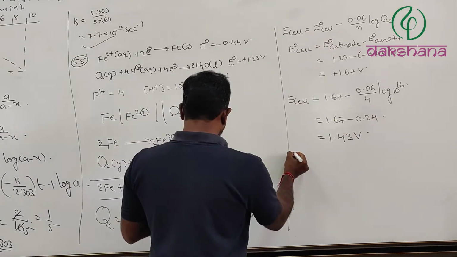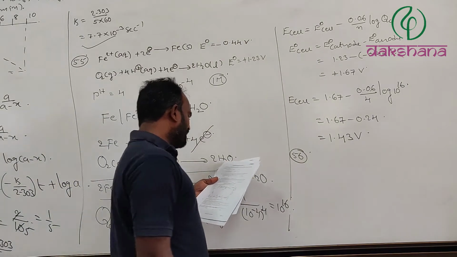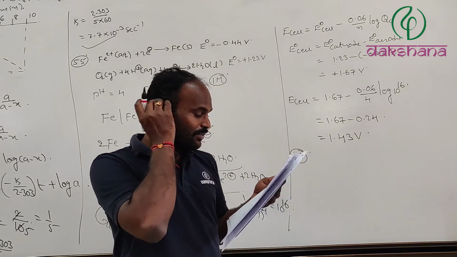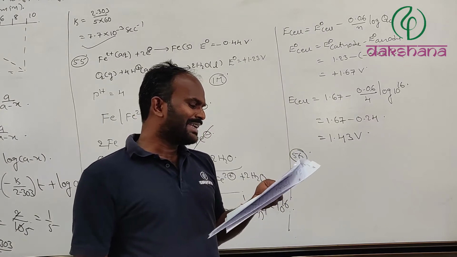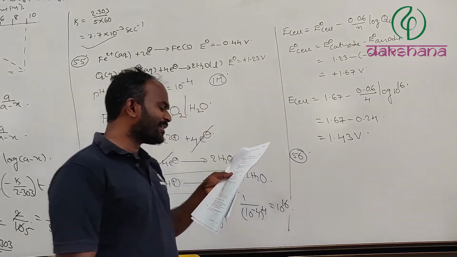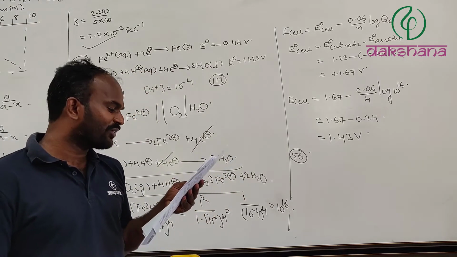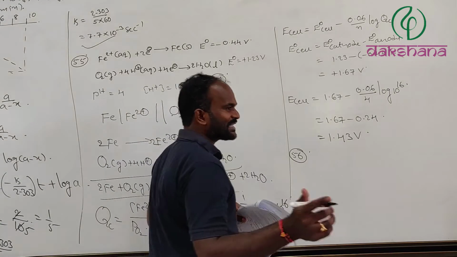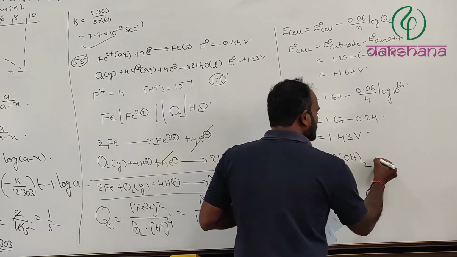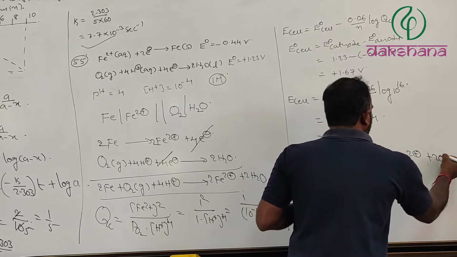Now let's move to question number 56. For the reaction, Fe(OH) taken twice solid plus 2 electrons gives rise to Fe solid plus 2OH minus aqueous, the E0 value is given, that is minus 0.88. Use this information with one of the given standard potentials to calculate ln Ksp of Fe(OH) taken twice. So first of all, if you want to calculate the Ksp, Fe(OH) taken twice always gives rise to Fe2 plus 2OH minus.